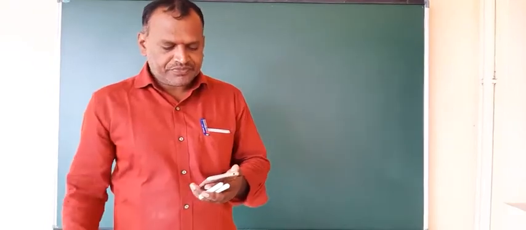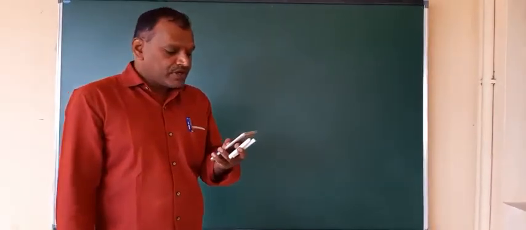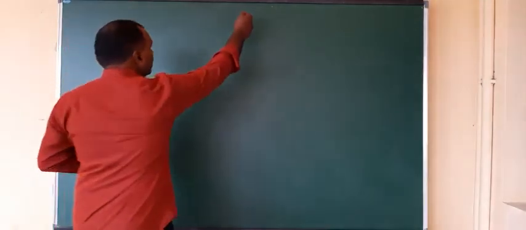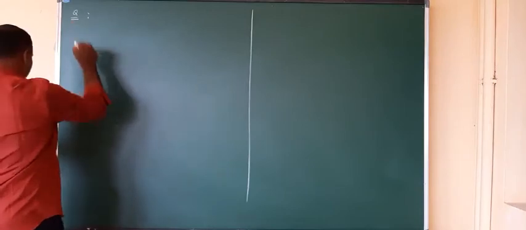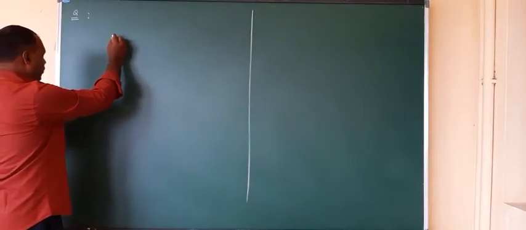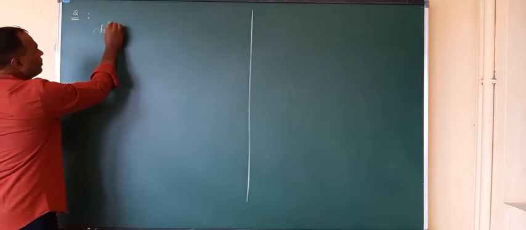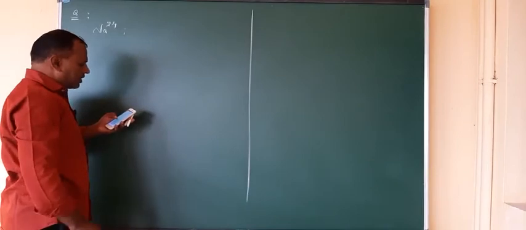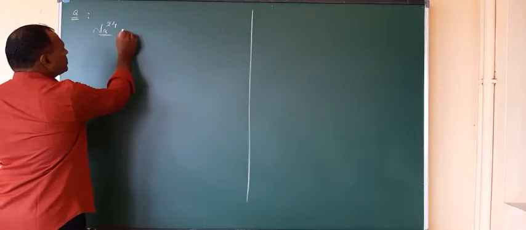Let N beta be the number of beta particles emitted by 1 gram of sodium radioisotope. So here the question is: there is a radio nucleus of sodium, that is Na24. It is radioactive in nature, and it emits N beta number of beta particles. Let me give you the question here first.